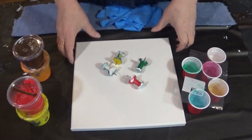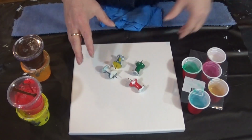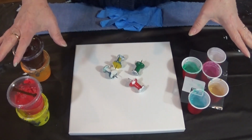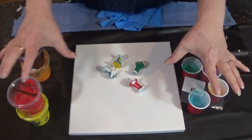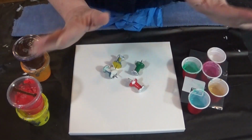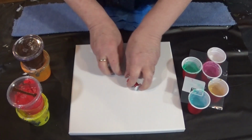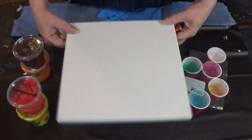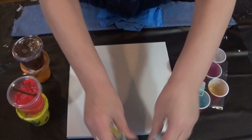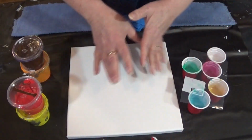As you can see, I'm not quite prepared. I have so much leftover paint. This is just part of it. There's a whole other batch over here you can't see. I haven't even prepped my canvas or anything, but I will be doing another